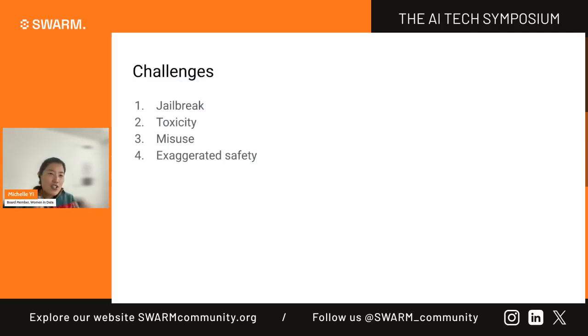But in general, this area of research that talks about safety as a component, safety being another key part of the framework for building a trustworthy system, is jailbreaking, which is essentially hacking the model through just prompting, like you're not actually using any code or anything like this, right? Just actually breaking the model in various ways. Toxicity, misuse, of course, which goes back to the NVIDIA definition, where you're kind of exceeding the limitations or intended use of the technology. And this thing called exaggerated safety, which I also want to talk more about toward the end,